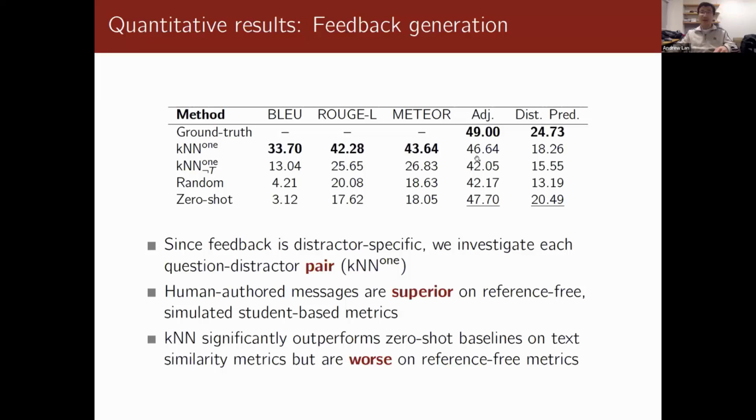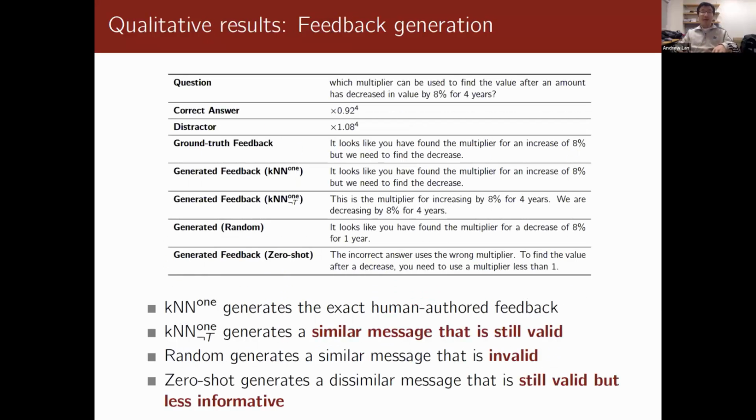And surprisingly, we found that in terms of using GPT as a simulated student model to evaluate how useful the feedback message is to help students correct their answer, our methods don't actually do much better than zero-shot prompting. That's an interesting observation, although the problem is that with zero-shot, we're also using GPT-4. So I think part of the reason is that the metric likes the type of language generated by itself. But for our method, because we are trying to make it scalable, we use the free version Codex, which is cheaper, and that's a different model.